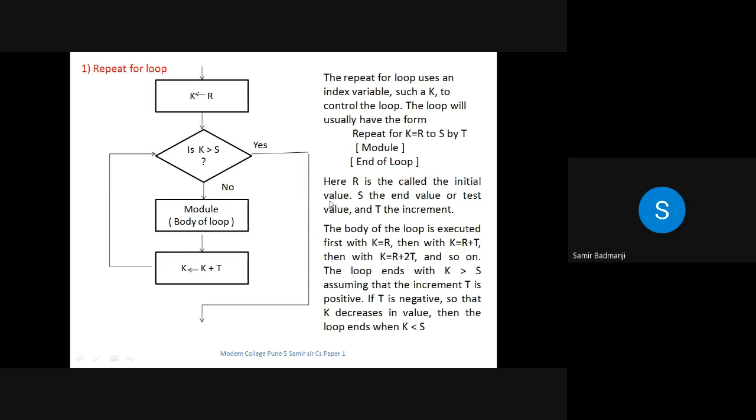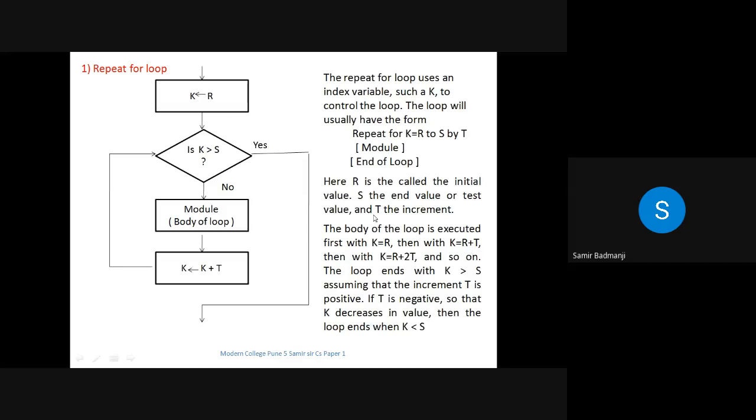First it will increment by 1t. Then secondly again it will increment by 1t. So that is why it is written here 2t. So it will keep on incrementing till it reaches the final value, that is s. So loop ends with k is greater than s, assuming that increment t is positive. If t is negative, then k decreases in value.